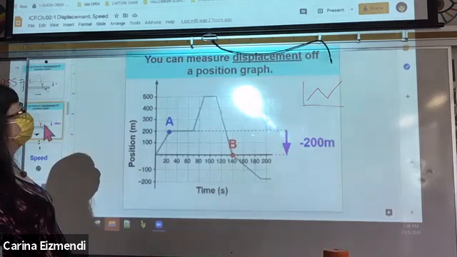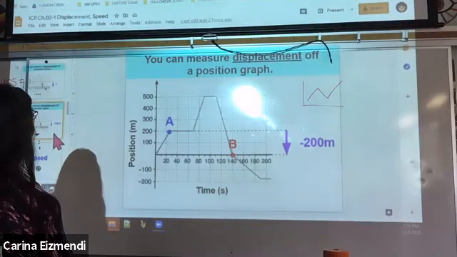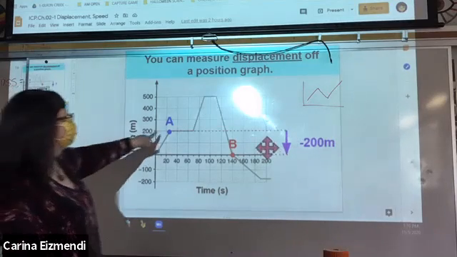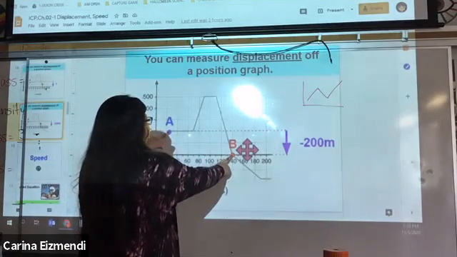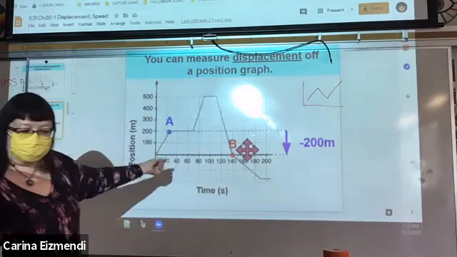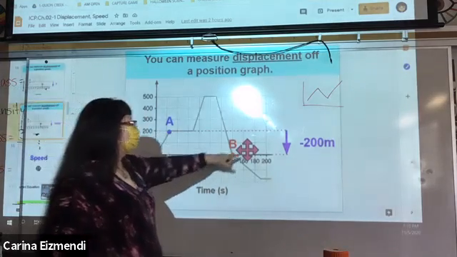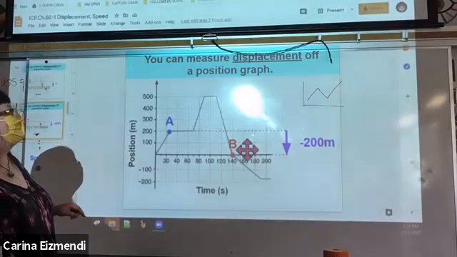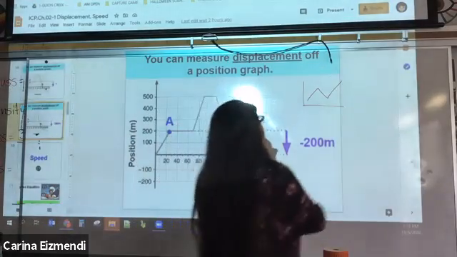Okay, so if displacement is like this, it's the difference between here and here, so you only look at these 2 points, then that's how you find velocity. So like this negative 200, if you were figuring out velocity from this,